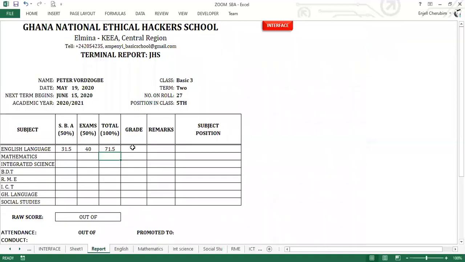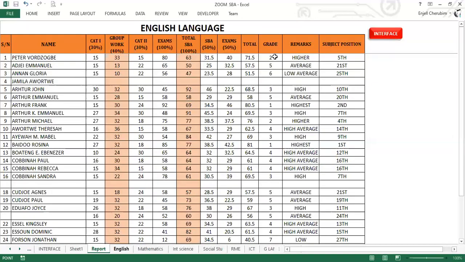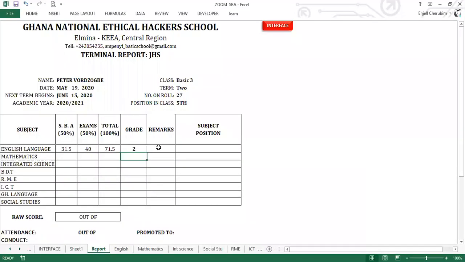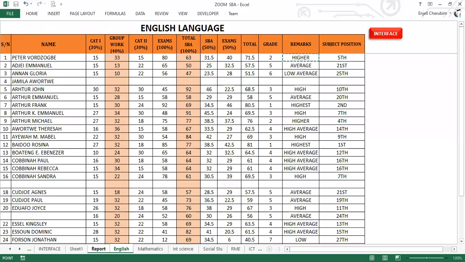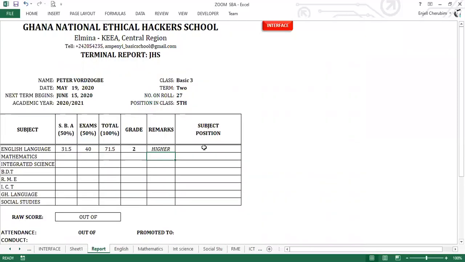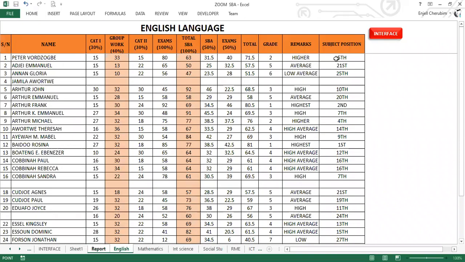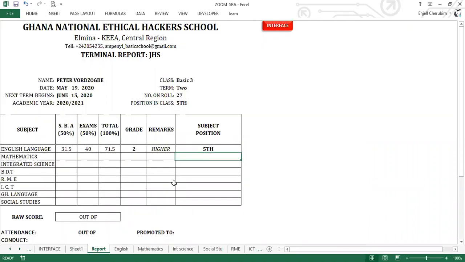Then the grade, English grade, and then remarks equals English remarks, then position, English position in class. Okay, so